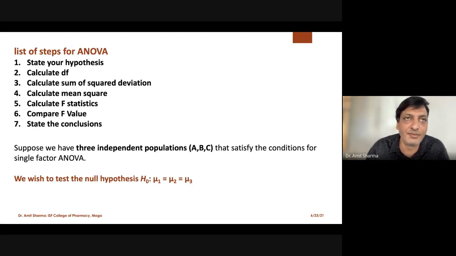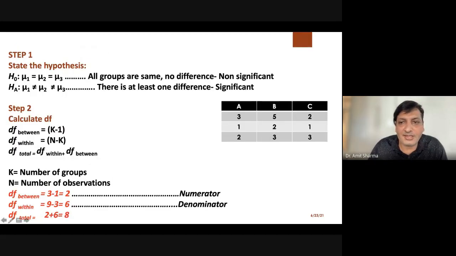For example, most of the students will be 110% sure they are going to get a numerical to solve in the examination, that compares these 3 different groups and tries to find out whether all are similar or there is a difference in the groups. So you are going to get a numerical like this. You're going to get group A, group B, and group C. 3 different groups will be there, and they'll ask you to find out the difference. They will not give more than 3 to 4 readings.